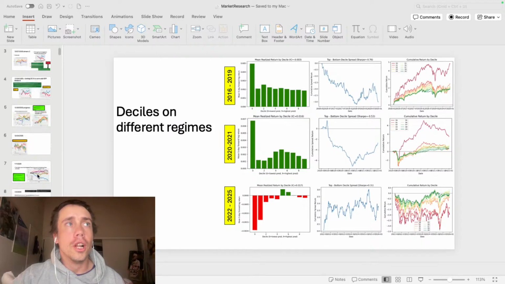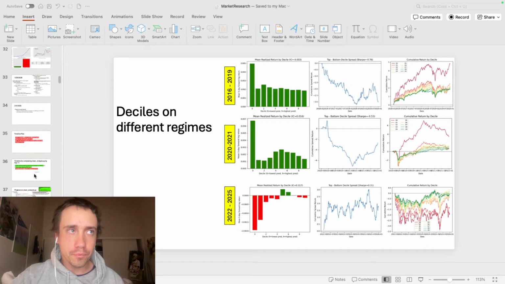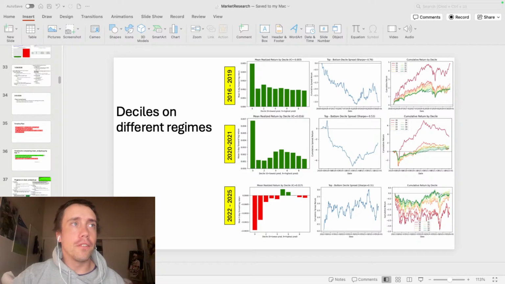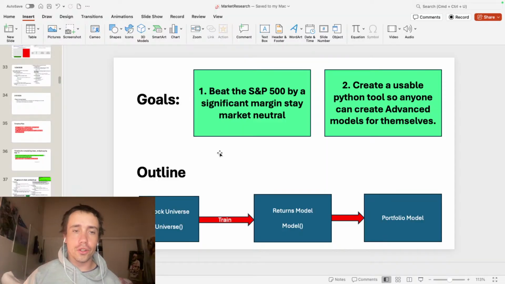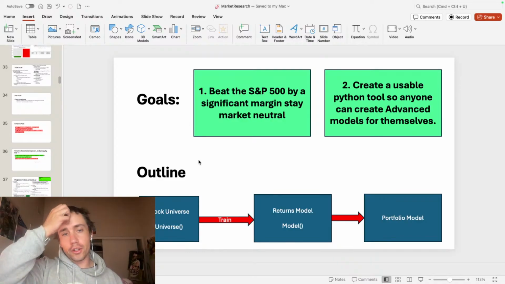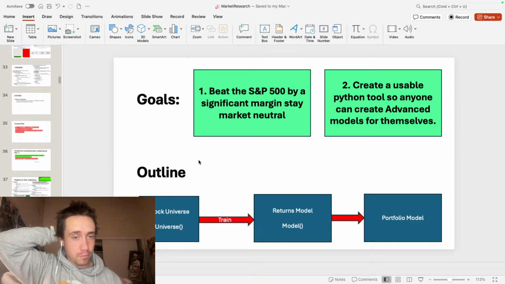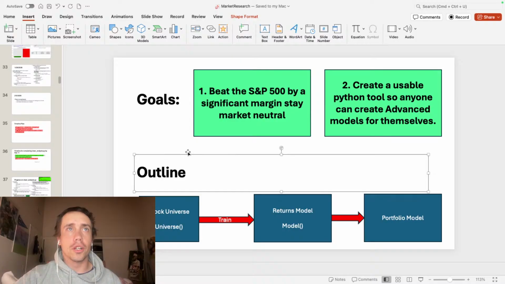new model. So before I get into things today, let me go over the overview for the project, what I'm working on, what's happened recently, and finally I'll get into what I'm doing today. So these are the goals for the project. The first goal is to beat the S&P 500 by a significant margin while staying market neutral. So the S&P goes up on average 6% per year. I want to do significantly better than that and get 18 to 24% per year, but I want to stay market neutral, so I shouldn't ride the ups and downs of the market. This strategy should give positive returns regardless of the market conditions.